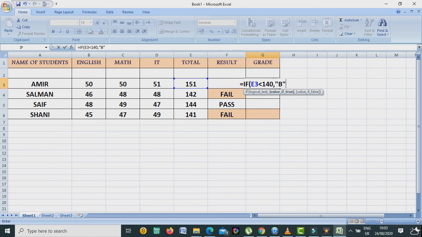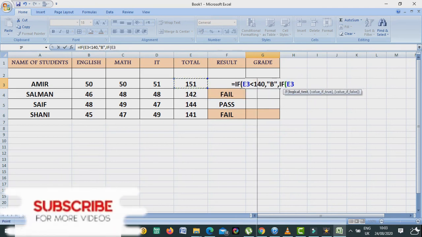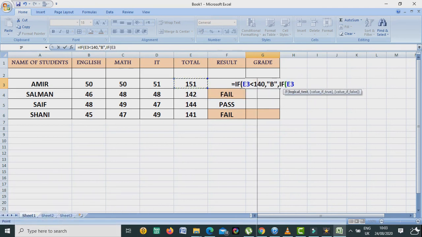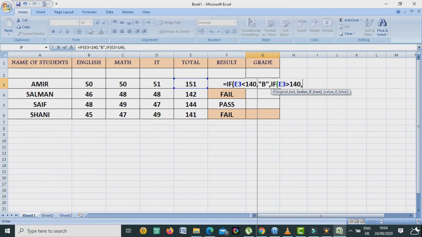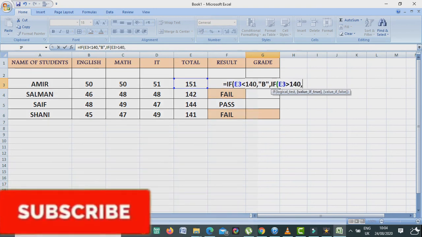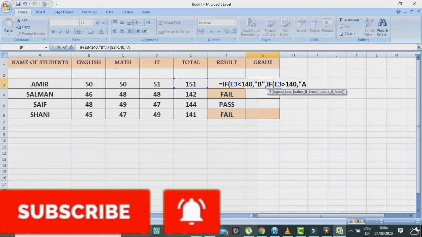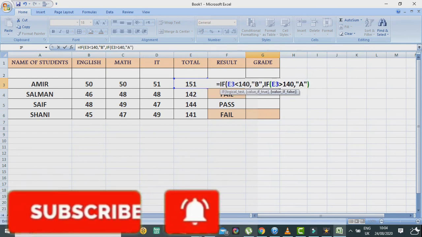Otherwise no, I will not give the otherwise. Now I will give another if this condition is fulfilled, so B. If E3, means total, is greater than 150, then what will happen? If greater than 140, what will happen? If less than 140, then what will happen? A. So now you will see the